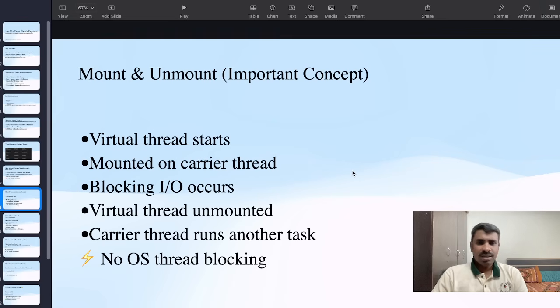This is JVM handling, as I already mentioned. One virtual thread starts, then is mounted on a carrier thread. When blocking IO occurs, the virtual thread is unmounted and the carrier thread runs another task. This is how mounting and unmounting happens. We are not blocking the operating system thread.